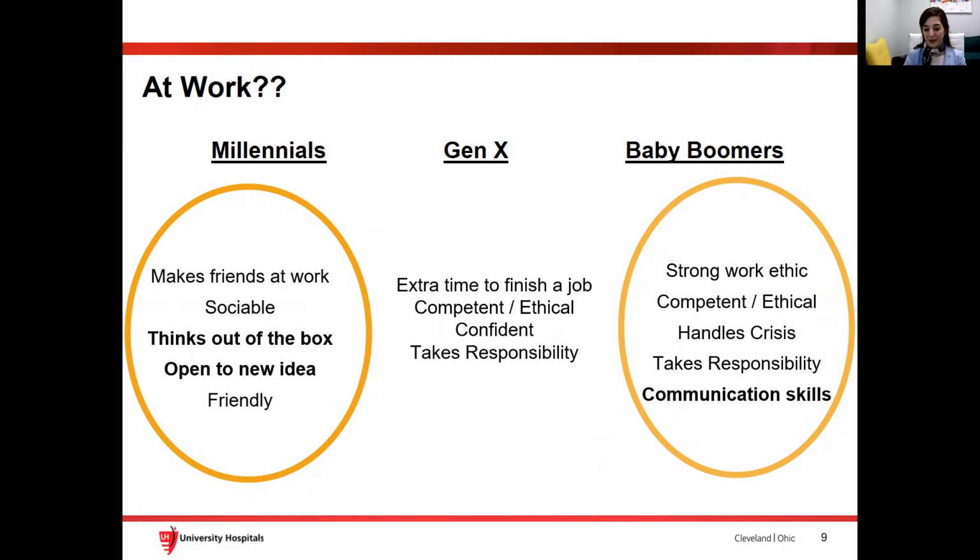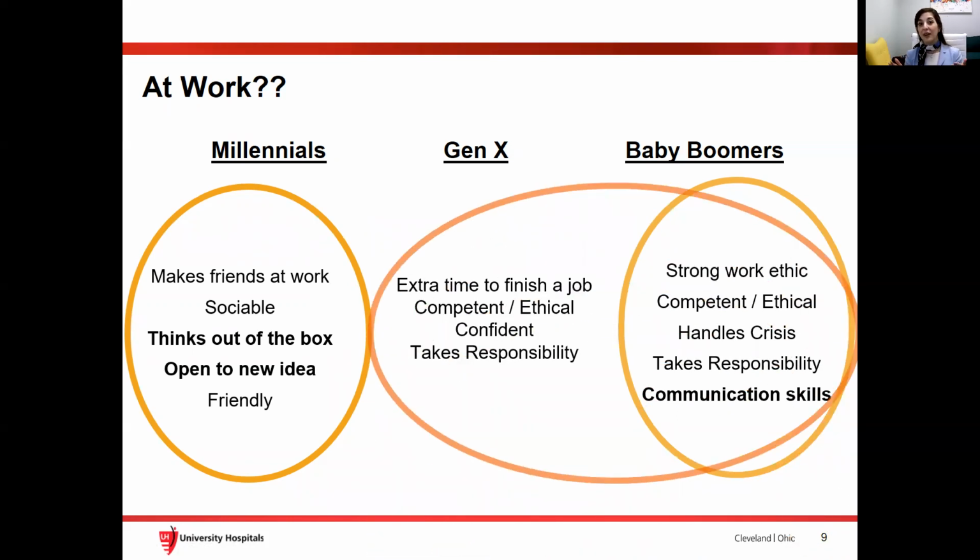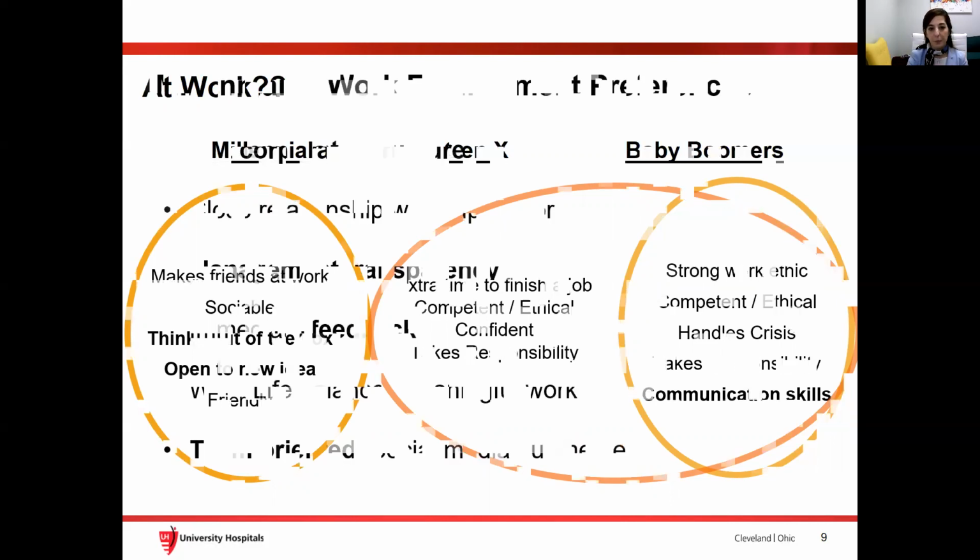So when we look at the slide a little bit more closely, we see that Gen X truly shares more in common in the workplace with the baby boomers than with the millennials. And it's worth pausing to ask here if that's just related to number of years being in the workforce, as to what criteria are being highlighted, or if it's truly a generational thing.